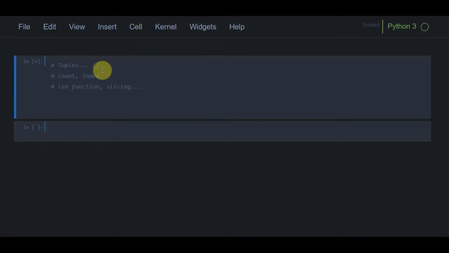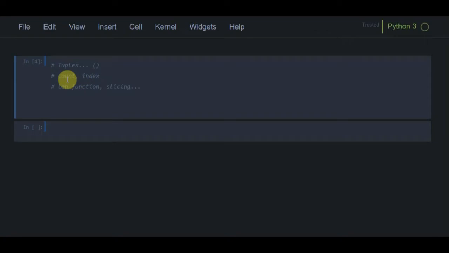A tuple can be created by placing all the elements inside the parentheses separated by commas. The parentheses are optional here. However, it is good practice to use parentheses when we talk about tuples. The elements inside the tuple cannot be changed once it is created, so we cannot insert or delete anything from it.